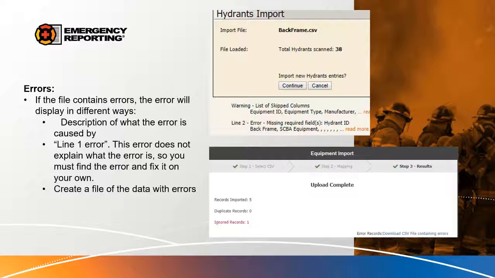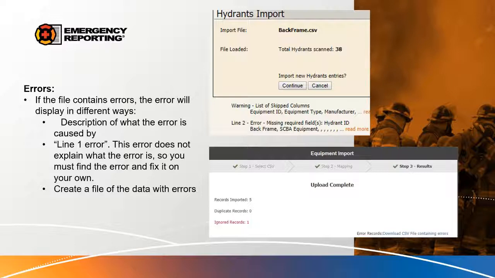Another common thing that customers see with the older tools like the Hydrants import is not a whole lot of description. It just says line 1 error. We understand that obviously is not very user friendly. It's one of the reasons we're redoing Hydrants import, to give you more information as to what you need to fix. The line 1 error basically just tells you there's something wrong with the file. Then you need to go back and look at the data, maybe the format's incorrect, or something of that nature. That's really when you can reach out to us.